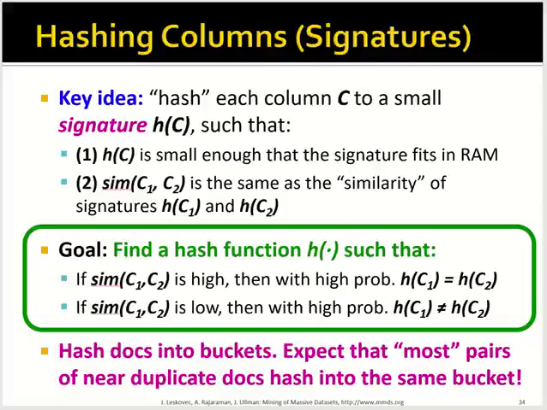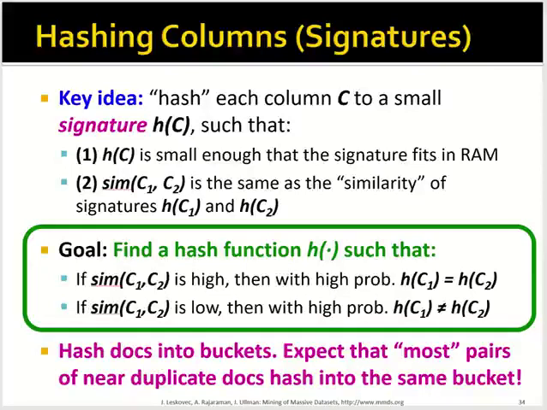The key idea is that if we can hash each column C to a smaller signature, represented like H(C), so that H(C) is small enough that the signature fits in the RAM, and while the similarity of C1 and C2